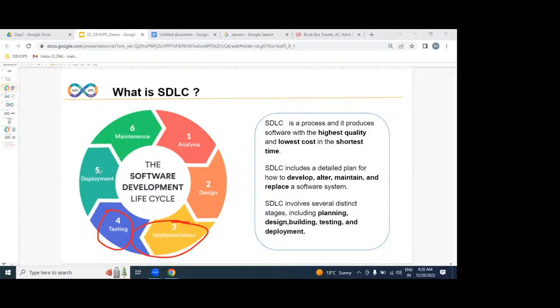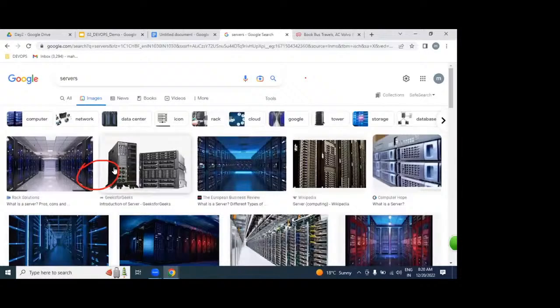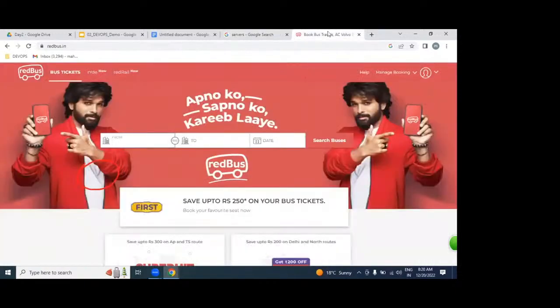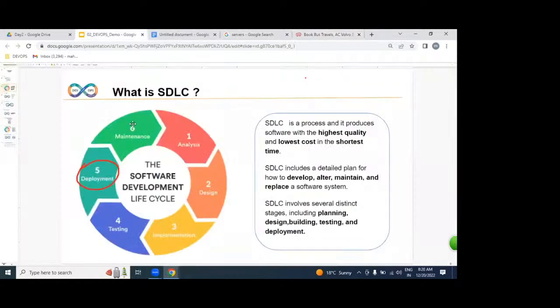Once it is verified, we are going to deploy on hundreds of production servers. Once it is placed on production servers, we can access it over the internet as a website. That's it. Whether it is working or not, we are going to monitor and maintain.